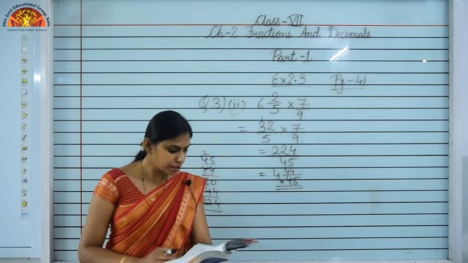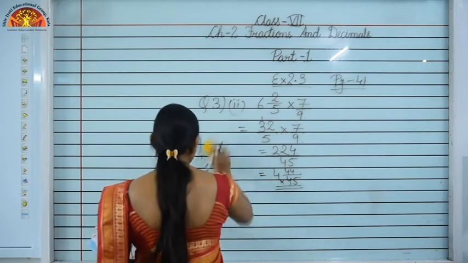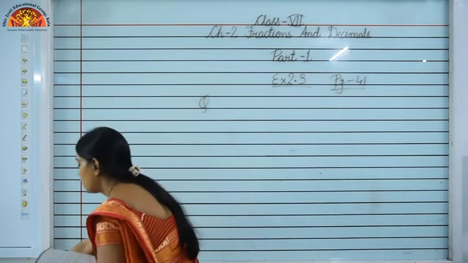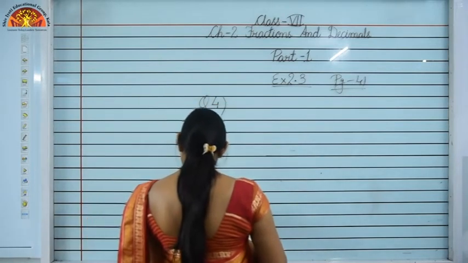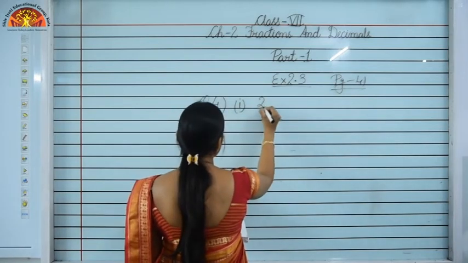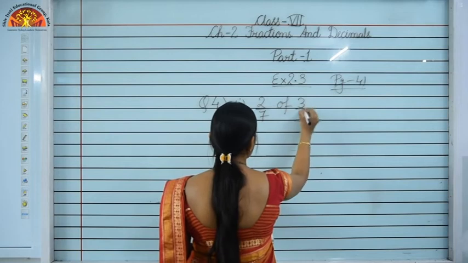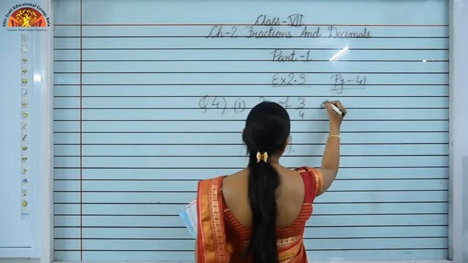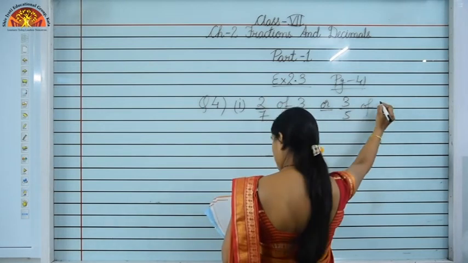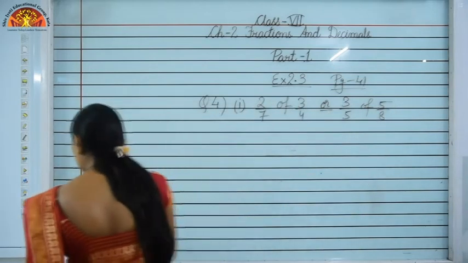That is question number 5. Okay. No, just here question number 4 we have to find which is greater. Okay. You have to just do the comparison. So we will just do question number 4 over here. Okay. What is greater? We will solve the first part of it, that is 2 upon 7 of 3 upon 4 or 3 upon 5 of 5 upon 8. So children, you have to draw the comparison of the two, that which one is the